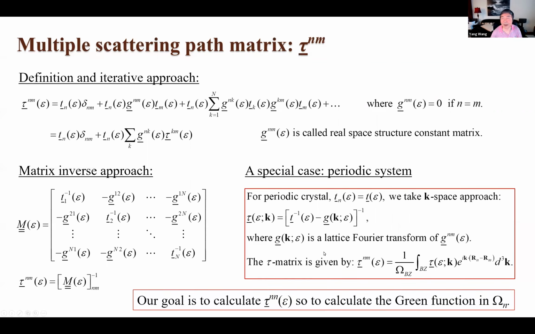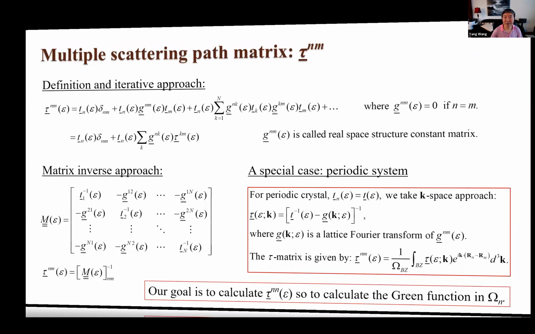So this is background knowledge on why tau is an important quantity to calculate, because we want to calculate the Green's function. The whole major computational work in the multiple scattering theory approach, no matter KKR or LSMS, is all about trying to calculate tau NN, so that we can calculate the Green's function. That's the whole work, built up around it. Now let's talk about impurity. Well, given that fact,